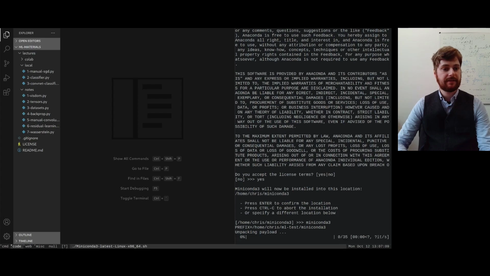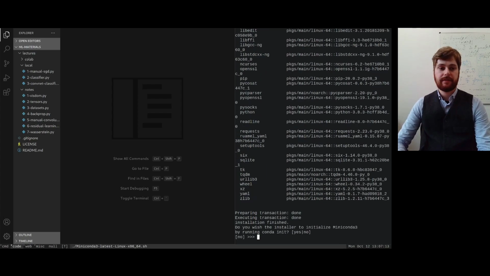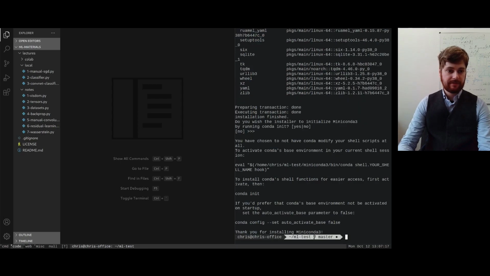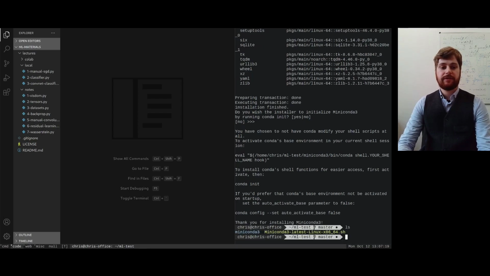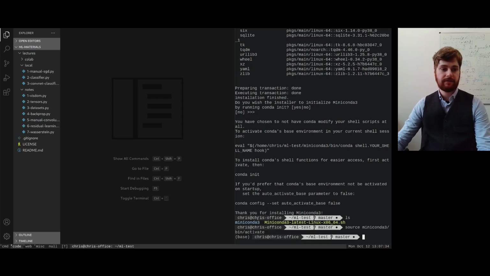So it's now just downloading all of the files required for a complete Python environment. No, I'm not going to initialize that. Basically it's created this folder here, miniconda free, which I can set as my default Python environment. So I'm just going to go source miniconda free/bin/activate, and now you'll see I've got this new thing in my command line,